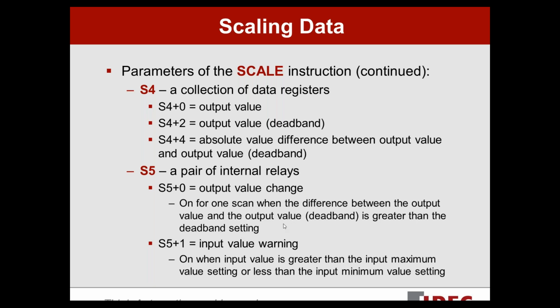Since this is only on for one scan, if you're going to use this in the logic, what I would recommend doing is you could have a normally open contact of whatever this address is with a single output up, and then going to a set instruction to set another internal relay so you can catch it, okay? The scan, and for those of you who may be new to PLCs, or if you just don't